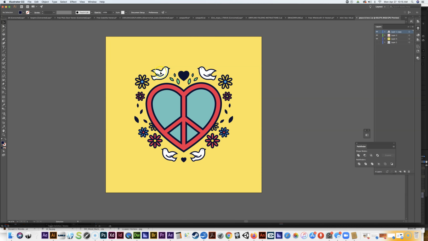What I was thinking was maybe I could use some more graphics from this Peace Heart. And specifically, I'm thinking maybe these little birds here, these little doves, and maybe somewhere, maybe in that section or somewhere else, use the flowers as well. Maybe see if I could make them sort of scale up and scale down, sort of to the beat of the music, was one idea. And then the other idea is maybe I could take these little doves and put them on some kind of motion paths